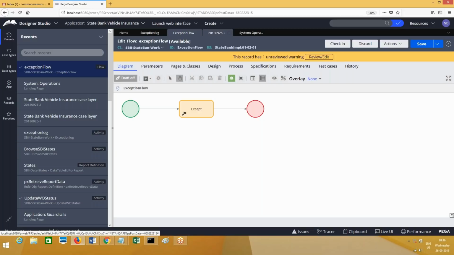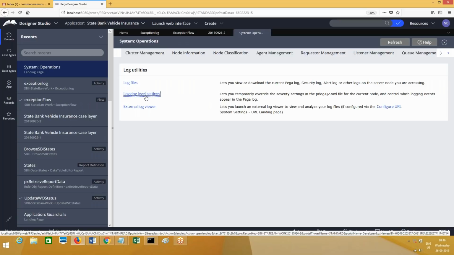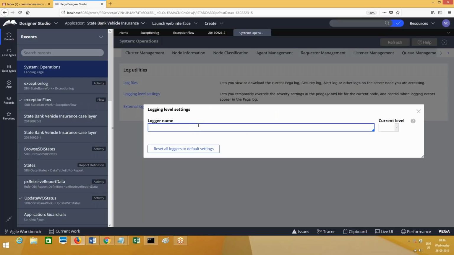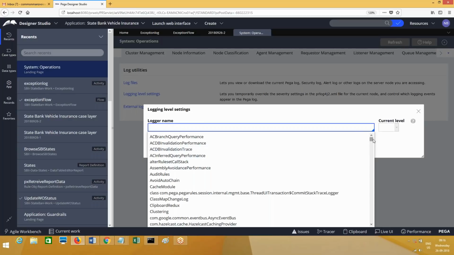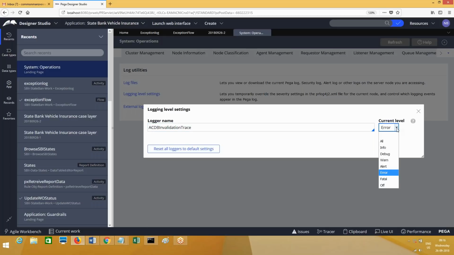Now, going back to this one, you look here, log level settings is there. Click on this log level settings. See, it is asking for the logger name. Click the down arrow, there are a number of fields available here, but we are not required to bother about all these fields. Let me take one and choose the levels. By default, PRPC logging will have info. What do you mean by info? You can tell me. PRPC's internal design having a log level of info means just basic information about something, an error message. That's it.